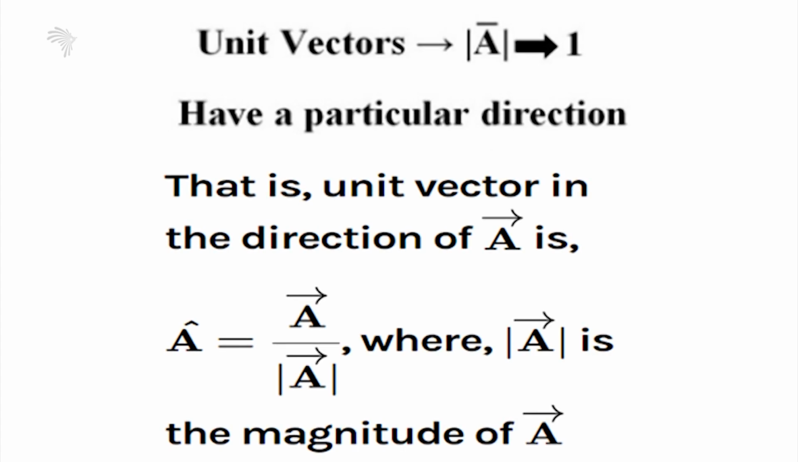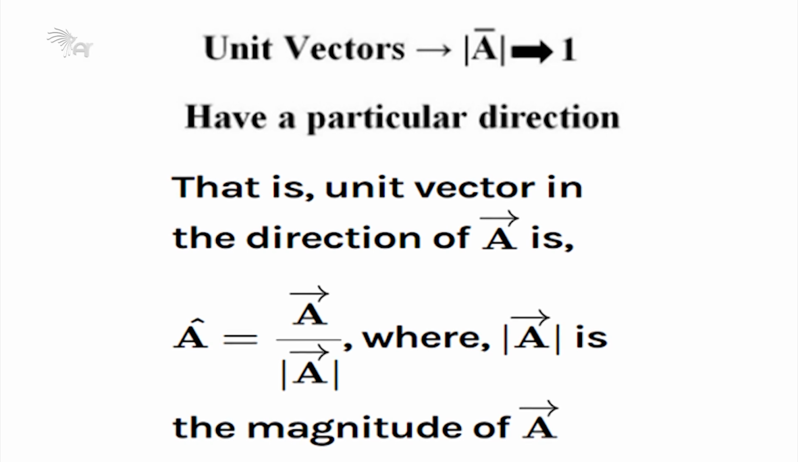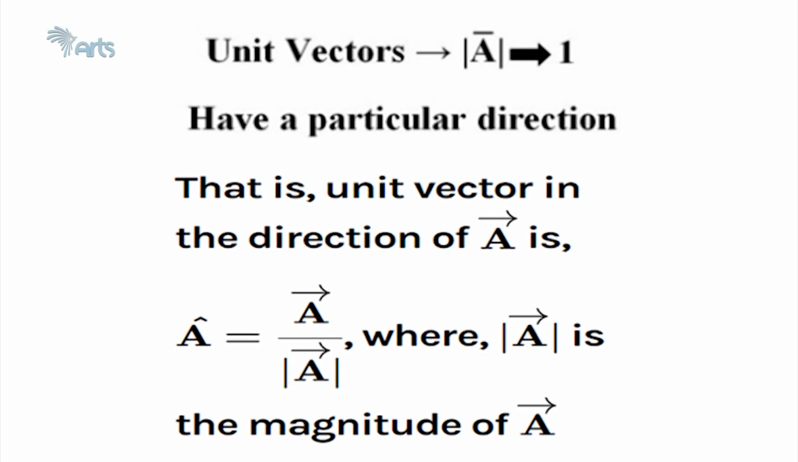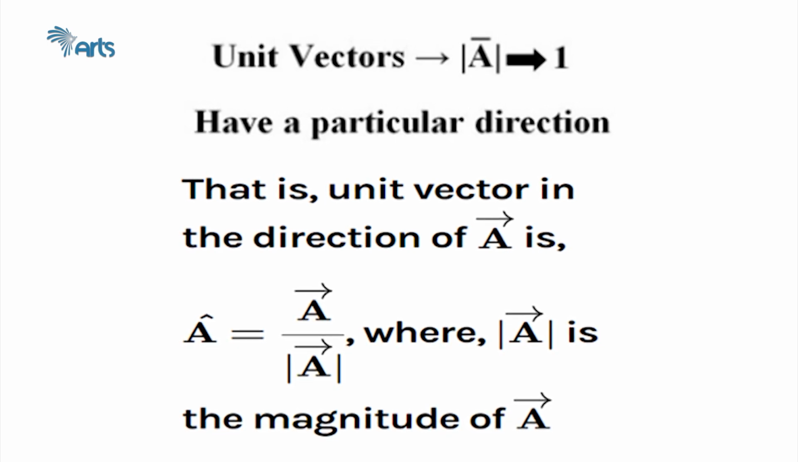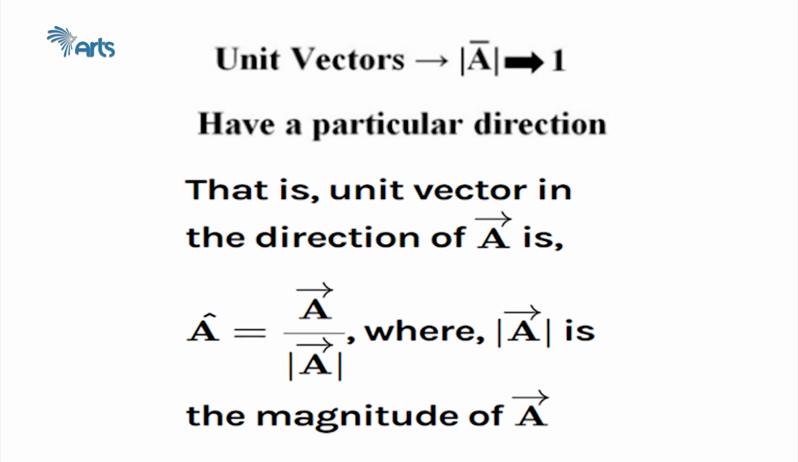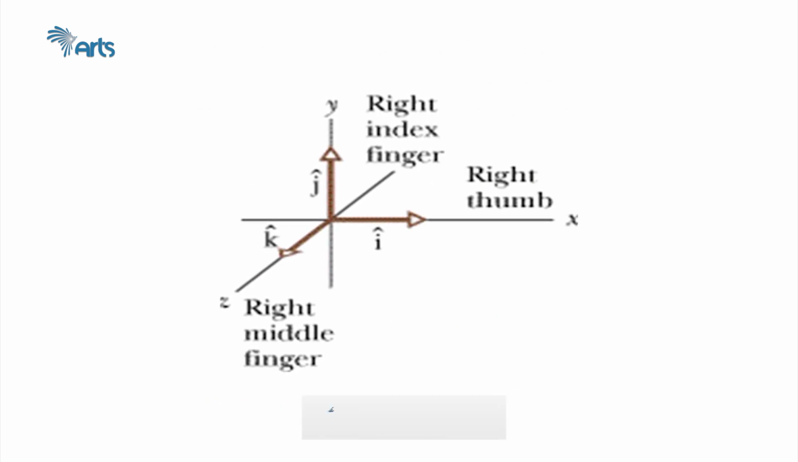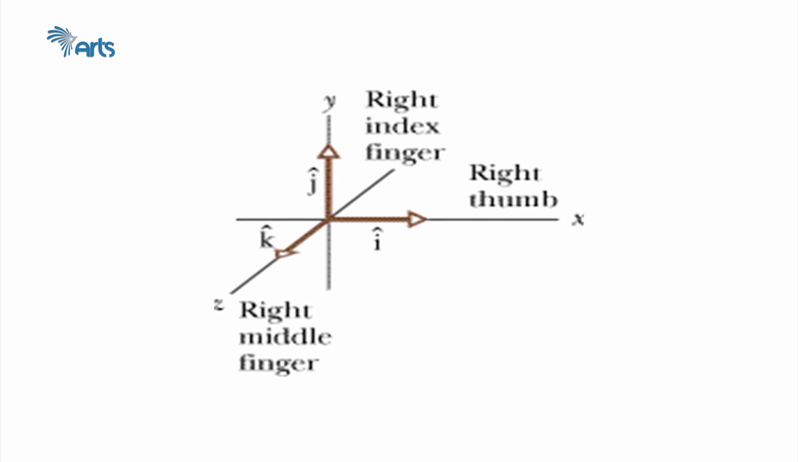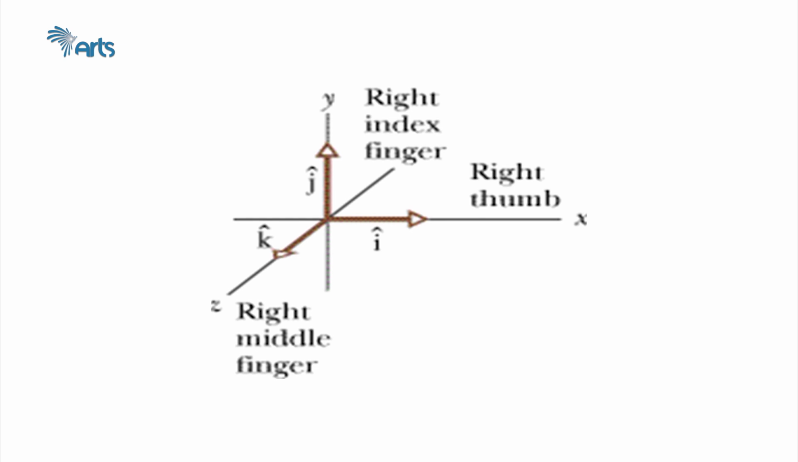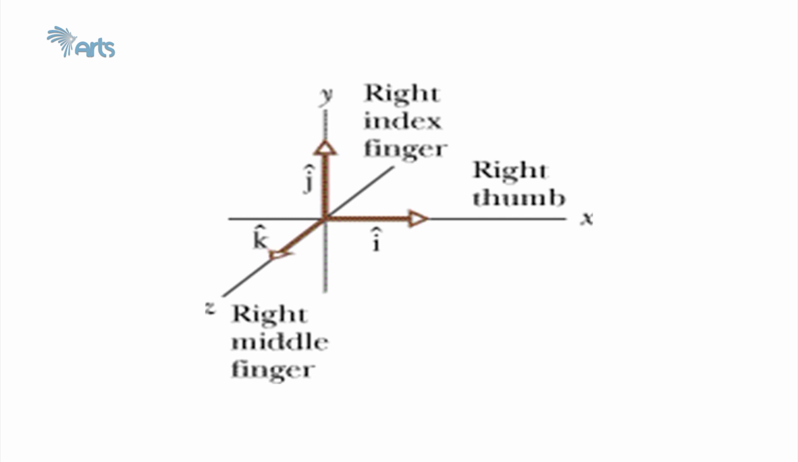The other type of vector is the unit vector. As the name indicates, unit vectors are vectors having a magnitude of unity, or 1, and they have a particular direction. To find the unit vector of a certain vector, let's say vector A, it's calculated by the given vector A divided by the magnitude of vector A. And for the three-dimensional rectangular coordinate system, we have known unit vectors. These unit vectors are called unit vector i, unit vector j, and unit vector k, directed towards the x-axis, y-axis, and